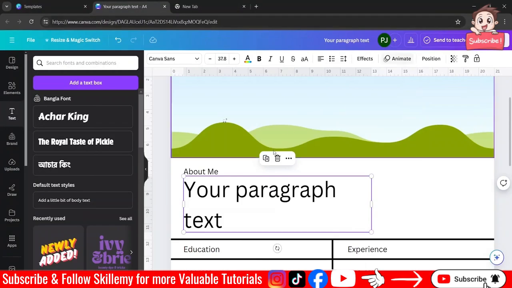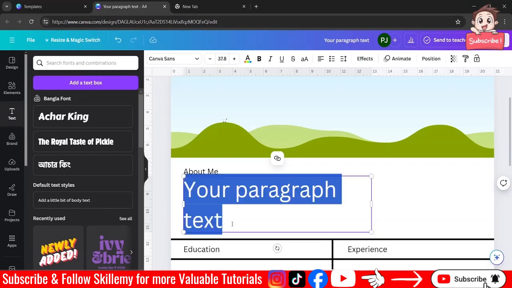While writing, you should know how to write. If you're not able to write, you can just go and ask ChatGPT. It will just help you with some suggestions. I'm not suggesting you copy everything. You can just go and read however you want. You can just make changes from there and you can just put it over here.